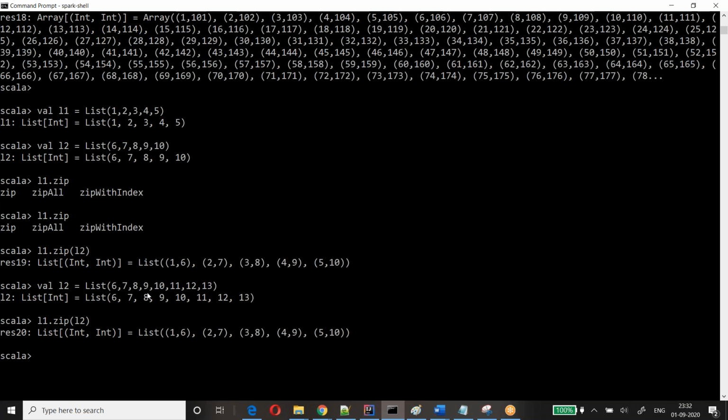Ravi, do we need to give the same number of partitions for both the RDDs? If it is the same number of partitions, it will be easy to join. Otherwise, the data has to be shuffled. Let me just show you.